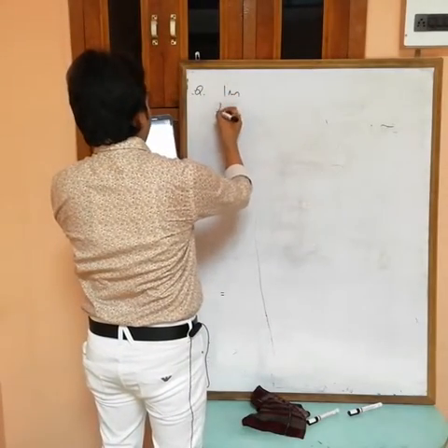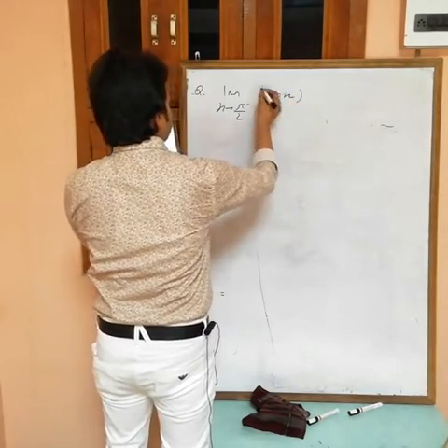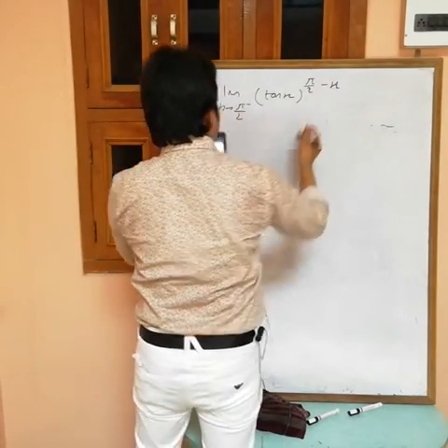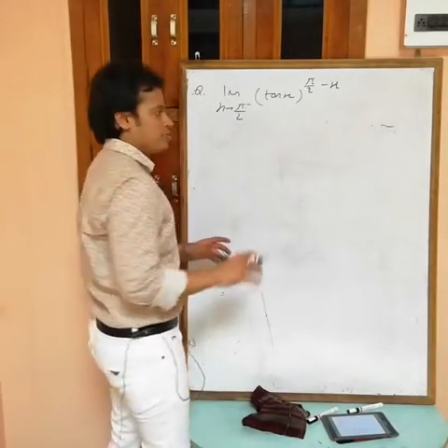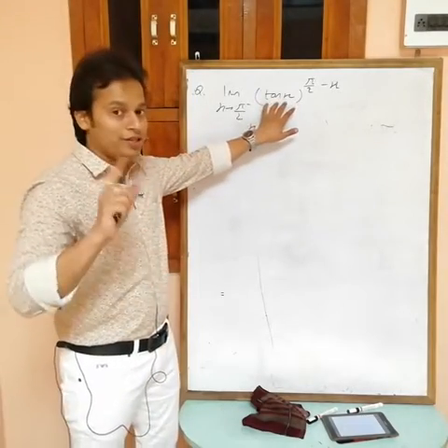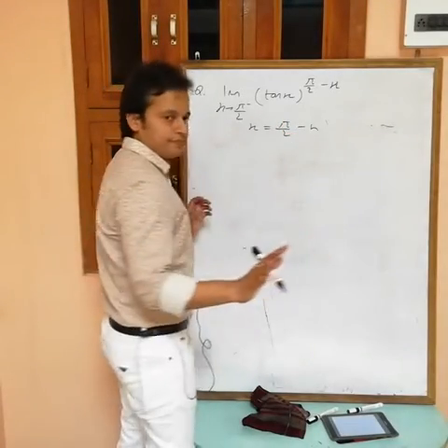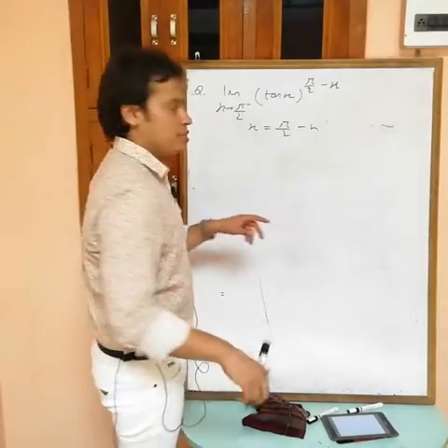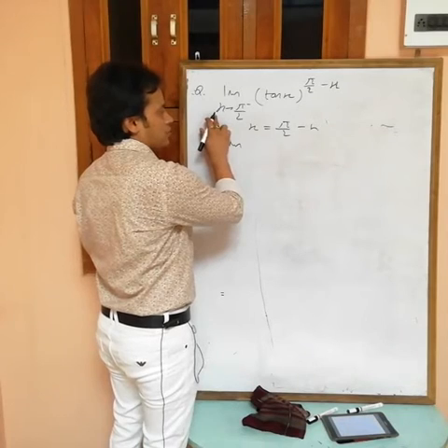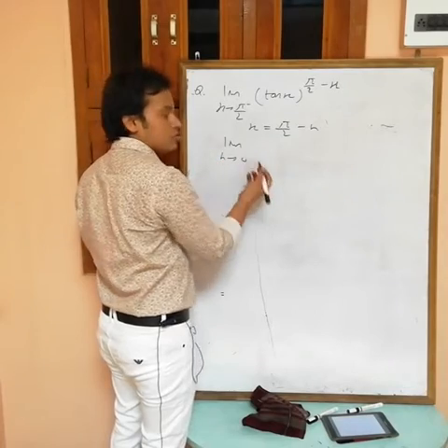Next is limit x tending to pi by 2 minus, tan of x to the power pi by 2 minus x. So first I am using substitution for simplification of this one. I am putting x equals to pi by 2 minus h, only pi by 2 minus, it means in the first quadrant, and this is positive, so no problem. I am replacing x as pi by 2 minus h. If you put x equals to pi by 2 minus h here, then pi by 2 cancels out, you will get h tending to 0.